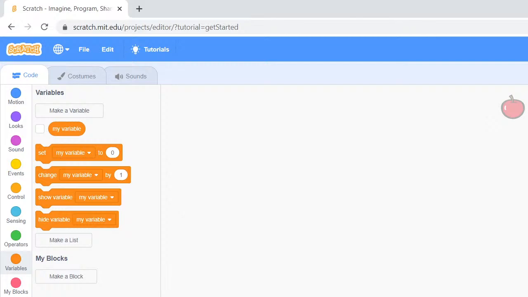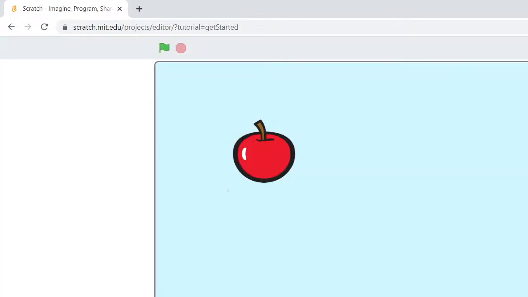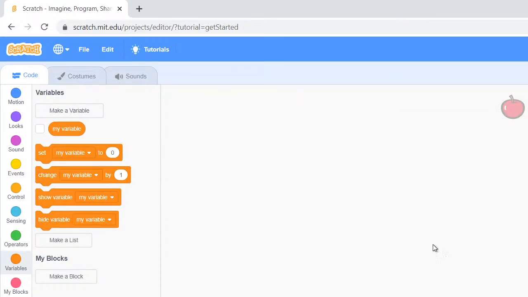So see here, I have chosen the apple as my sprite, and then I have taken the blue sky as my background. Now we'll start making the second game